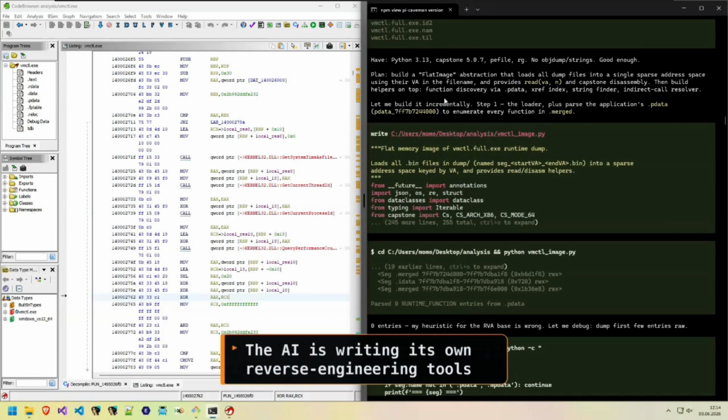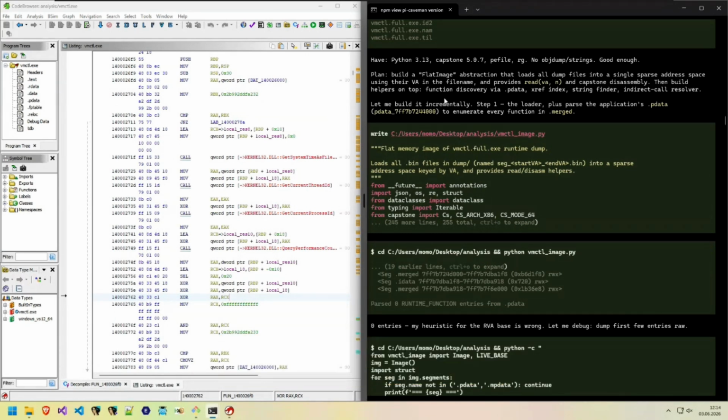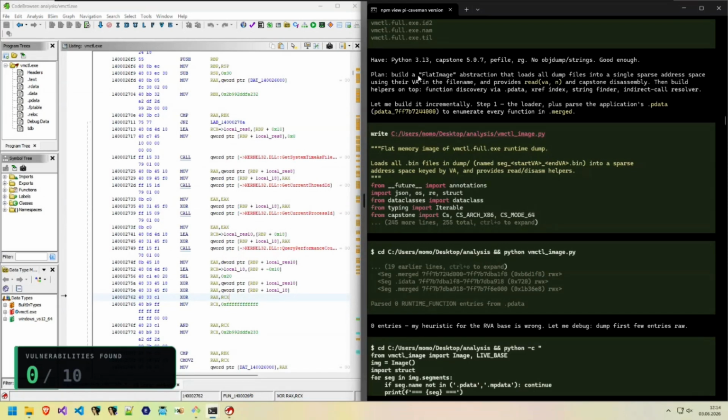First, the AI's standard tooling kept crashing, so it started writing its own, from scratch. It builds a flat image abstraction toolkit which loads dump files. So it dumped the process from memory to bypass the envelope encryption, and then it's using a disassembler, the Capstone disassembler, to navigate through this dump within its